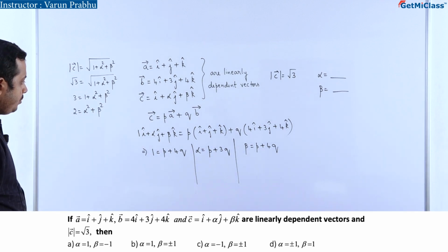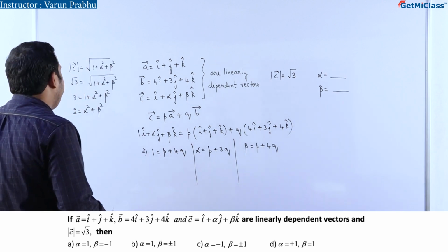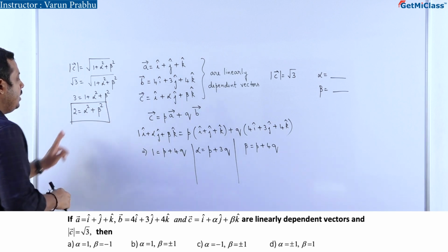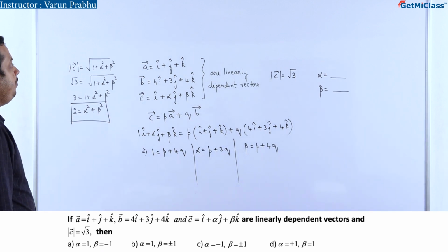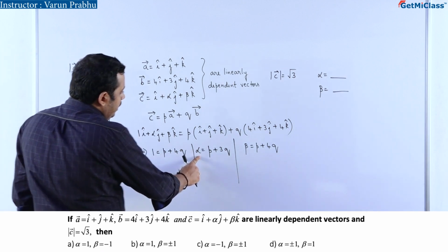Now, the question is to find out the value of alpha and beta. From this particular expression, this is one relation between alpha and beta. And now we have to use that linearly dependent vectors is told in the problem, right? So here, if you can see now,